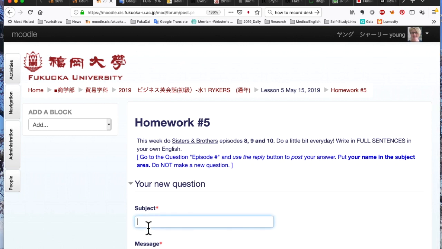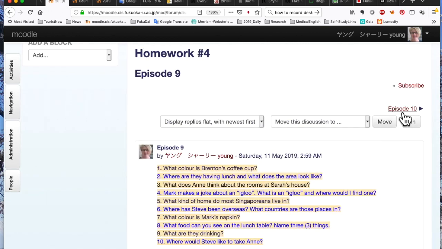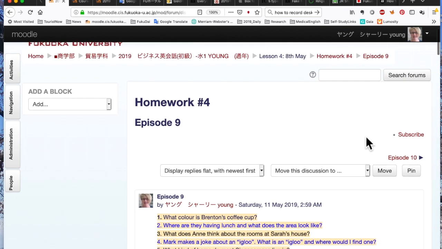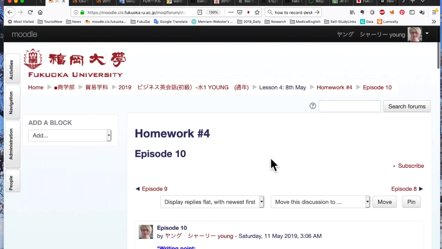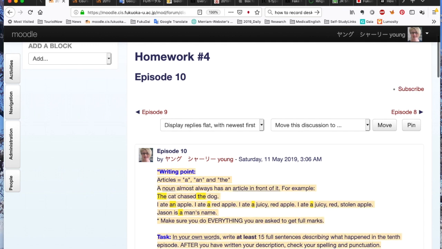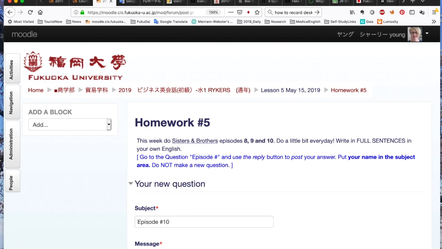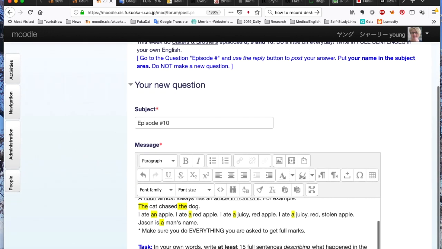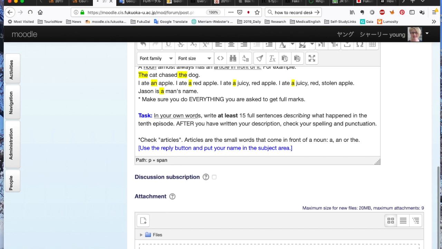I need to put the episode name in, which is going to be number 10, and the questions. So again, I'm going back to my page. You can see on this page that the different files within the folder will show up at the top of the page here, so you can just move across to episode number 10 or whatever number, and I'm going to copy the actual question from here, copying, going back to your page and pasting, going down to the bottom, posting it to the forum,